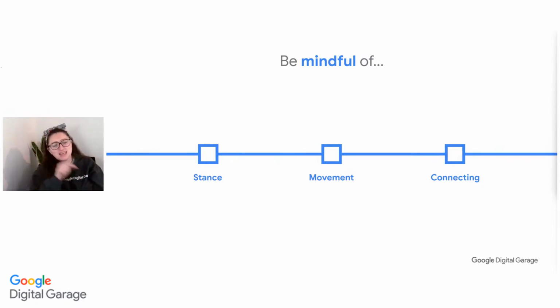And the final one here, connecting. Especially if you've got real people in a room, how can you make eye contact? Now, it's not about making eye contact and staring at the same person for a minute. That's a bit creepy. We don't want to stare at them. But how can you make sure you're clocking eyes with those people in the room so that they know you're connecting, you're listening actively, you're starting that conversation?